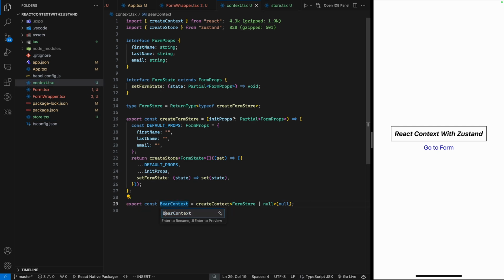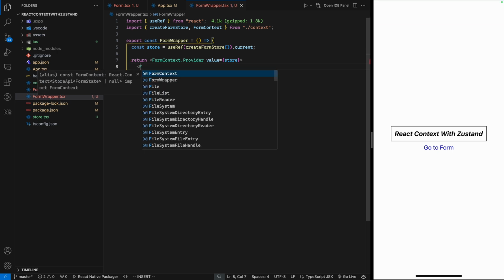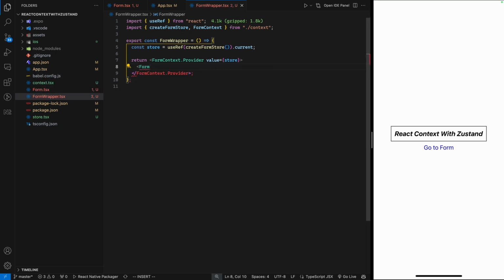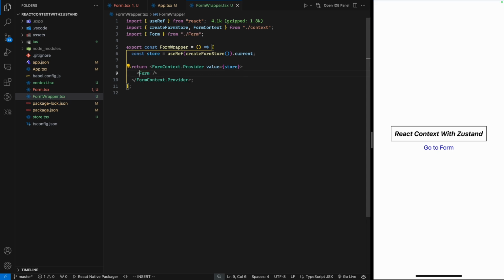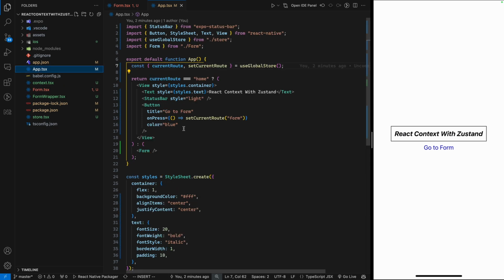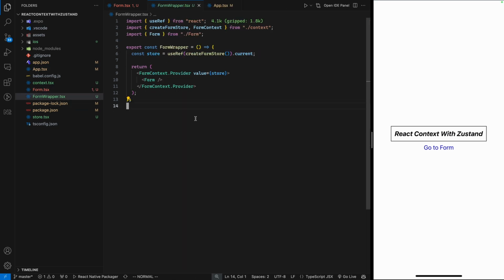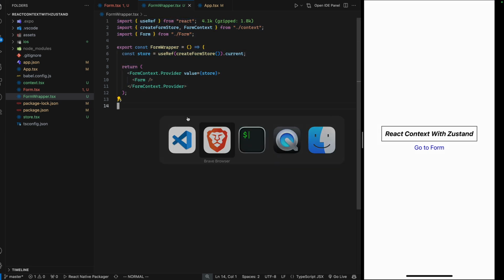Oh, it's not renamed. Now, yeah, cool. And inside of this, I'm gonna render the form component. Cool. Now that we have this, yeah, let's do it like this. Cool. Okay, so now that we have wrapped the provider on top of the form, which is basically a consumer here right now,